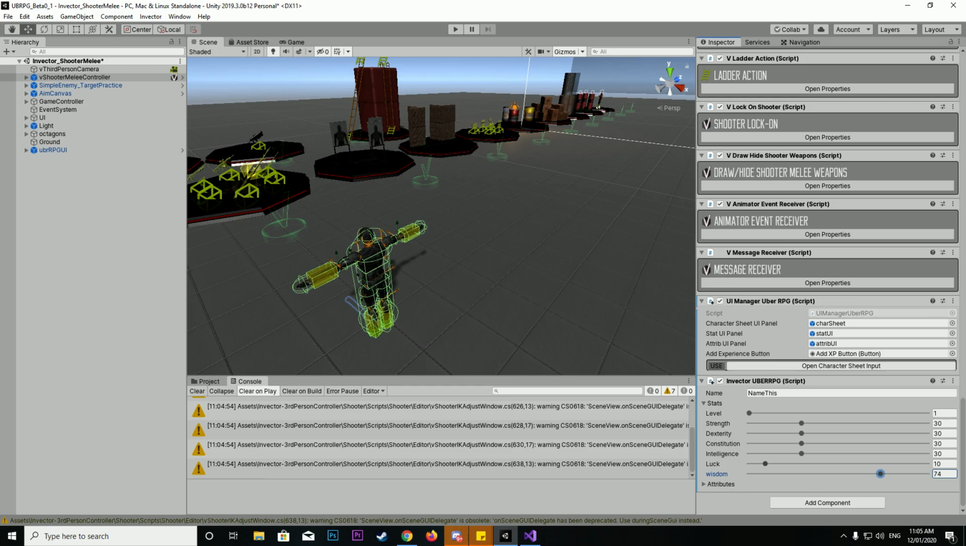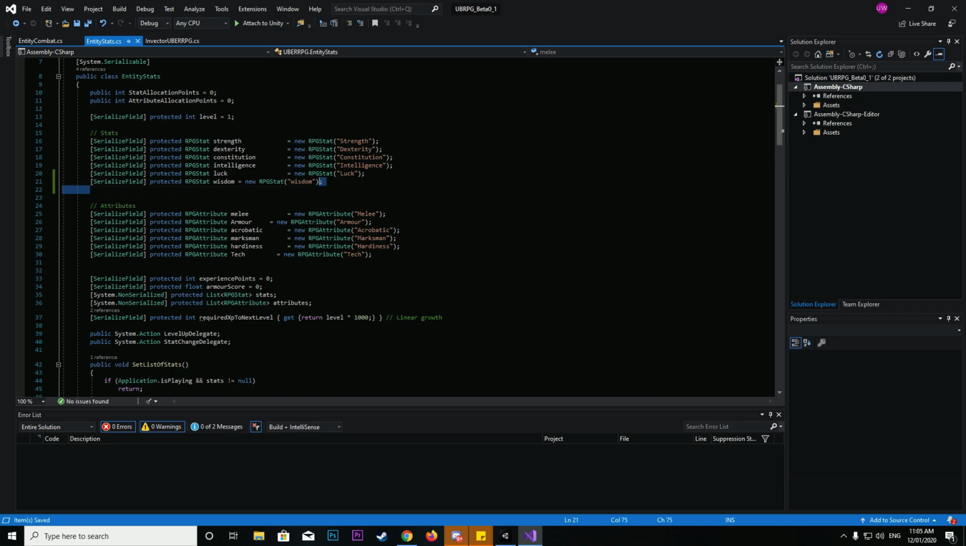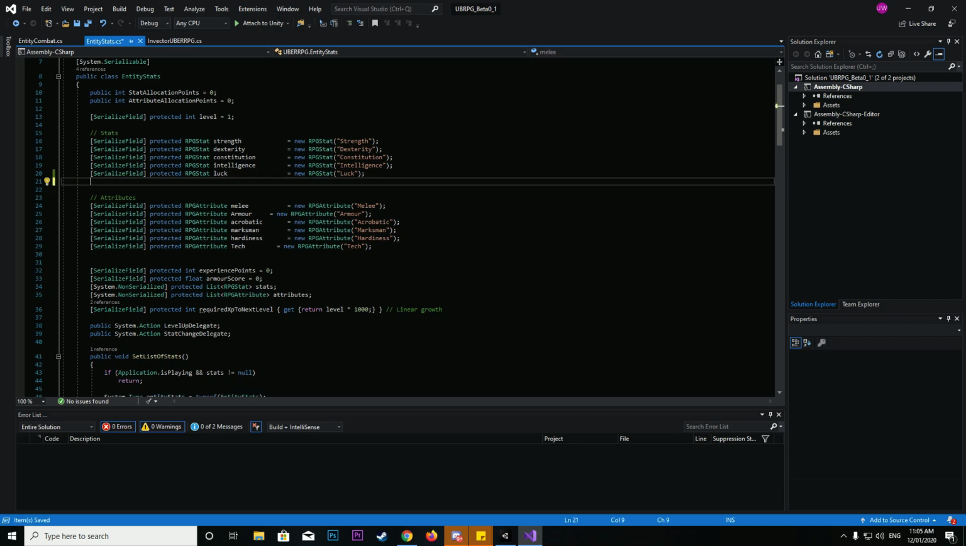Now that's not actually doing anything at the moment because I don't have any calculations for it to work with, the same as I don't have any calculations for the tech thing, but this is just showing that you can add new stats if you want to have more, increase the different stats, and do it that way. And then of course the same thing with the attributes, you can do it the exact same way. And now of course we've got other things. So we've got the experience points, we've got the armor score,